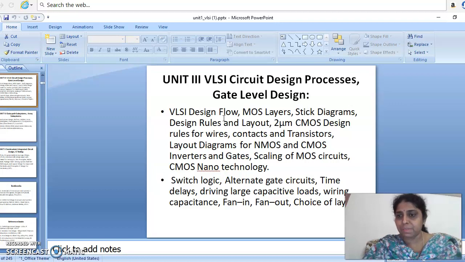So that is the stick diagrams, like the polysilicon is material used for forming gate. Source and drain are formed by the diffusion. So different colors will be there, like for polysilicon orange color is used. For N diffusion, green color is used. For P diffusion, yellow color is used. For metal, blue color is used. Contacts, black color is used. Like that, different stick diagrams. With sticks, how do we represent transistors? How do we represent various layers? All this will be discussed.